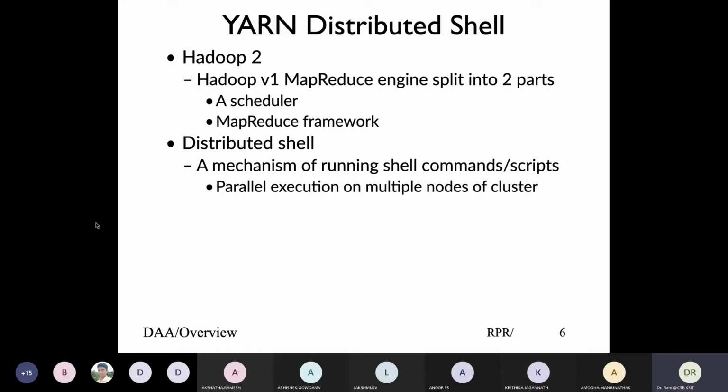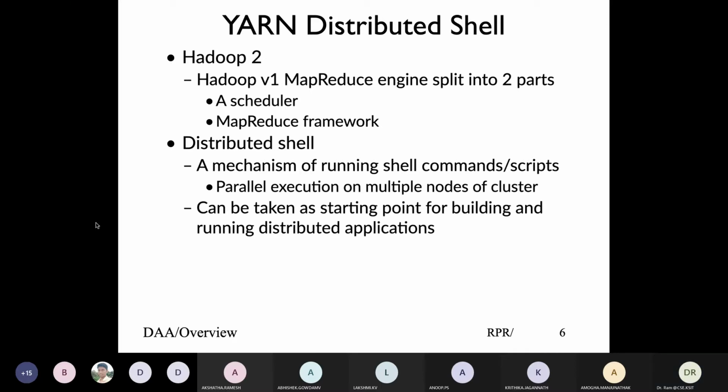And that means whatever command we can run in a shell will be replicated, or the same command would be run in all the machines, and that output could be combined together and given. When you run a shell command, the output always goes to stdout, and we can see the output of any command on stdout.